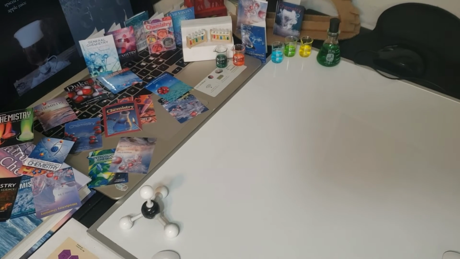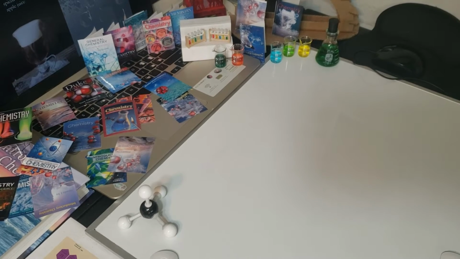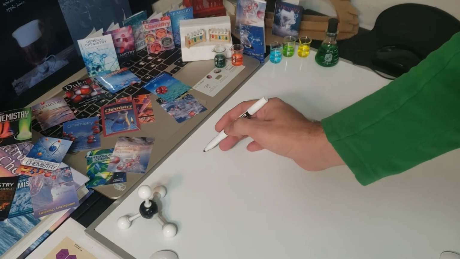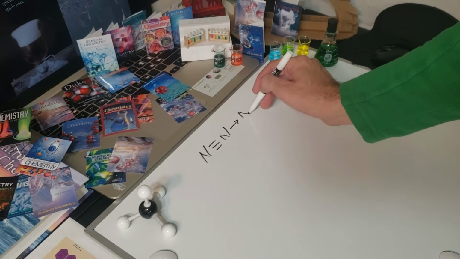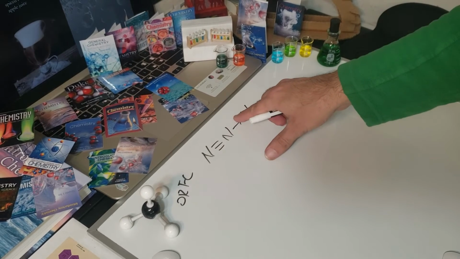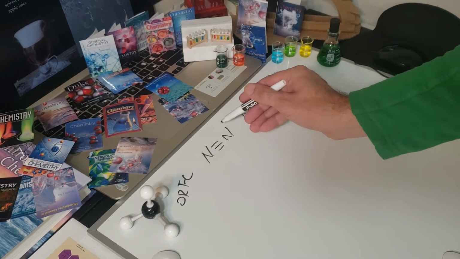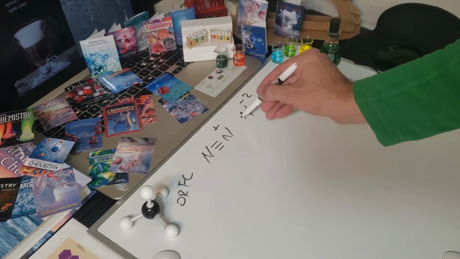Today I wanted to discuss, for the last session, the hybrid resonances. In the previous video I was doing the N3 minus with the structure like this, and we were going to do ORFC. So with ORFC, this means this guy has to be positive and this one being double negative, because